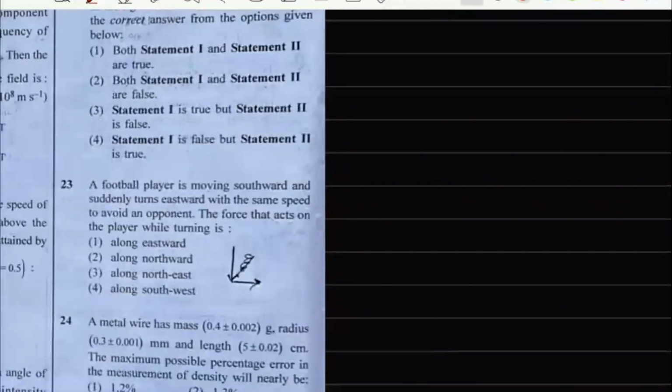Okay, so there is a metal wire. Metal wire has mass, radius, and length given to us. Maximum possible percentage error in measurement of density. Okay, fine. So this is just about percentage error. So first of all, density is mass upon volume, right? And mass is given to us, 0.4,